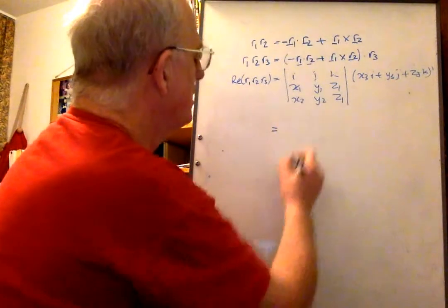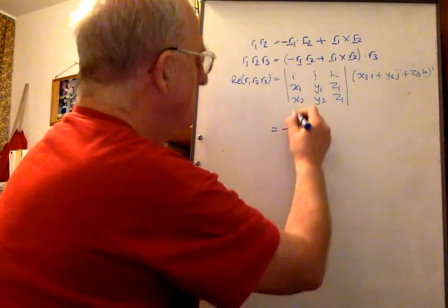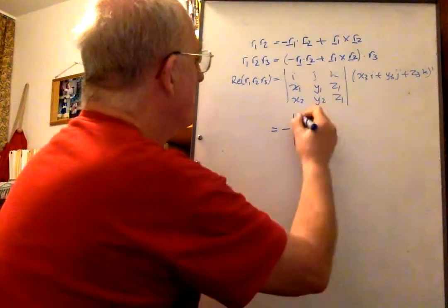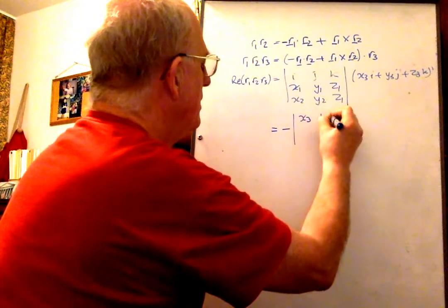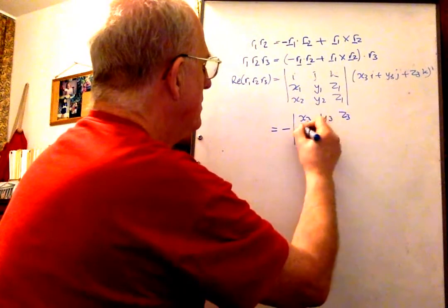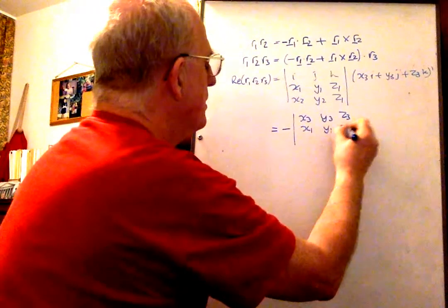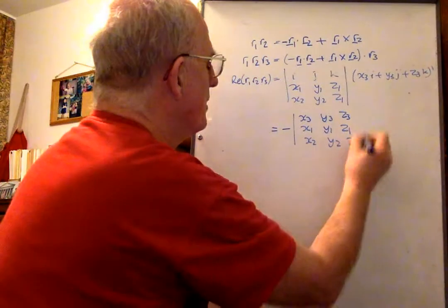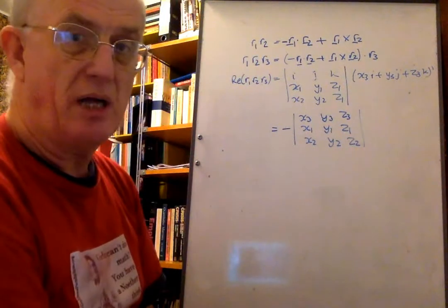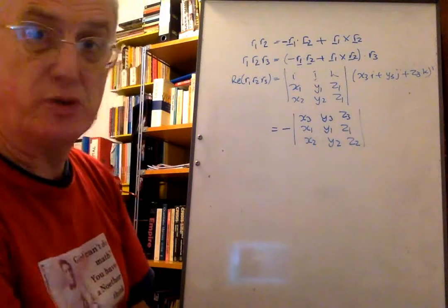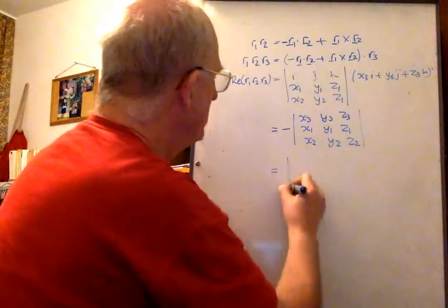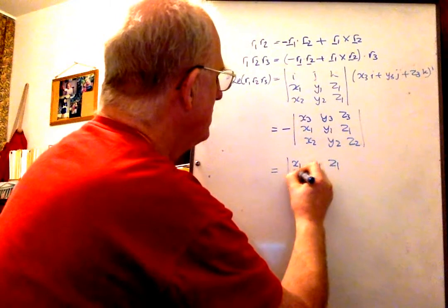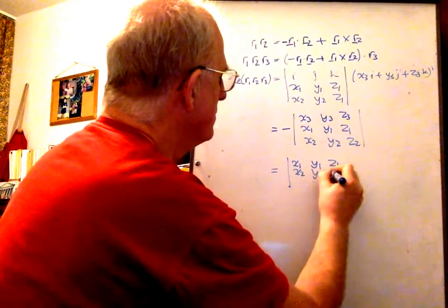So for this real part, just pause and work it out. Okay, the real part comes to this determinant, and then if we just do two swaps of rows,